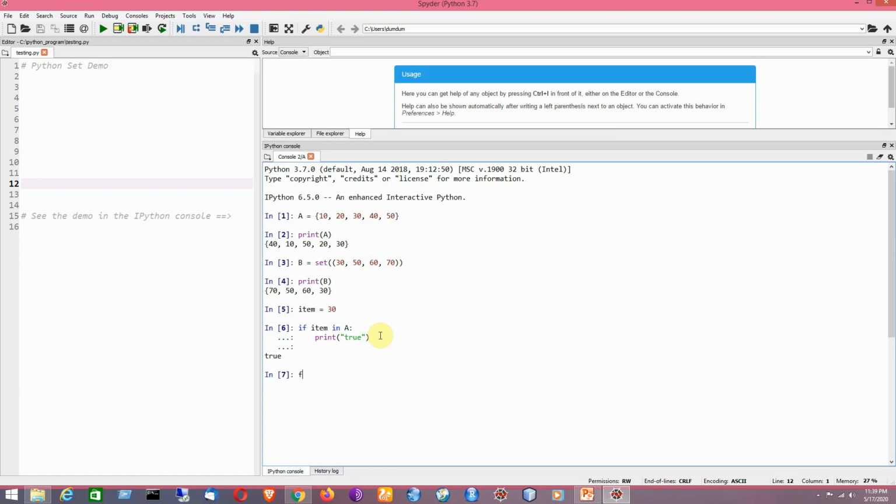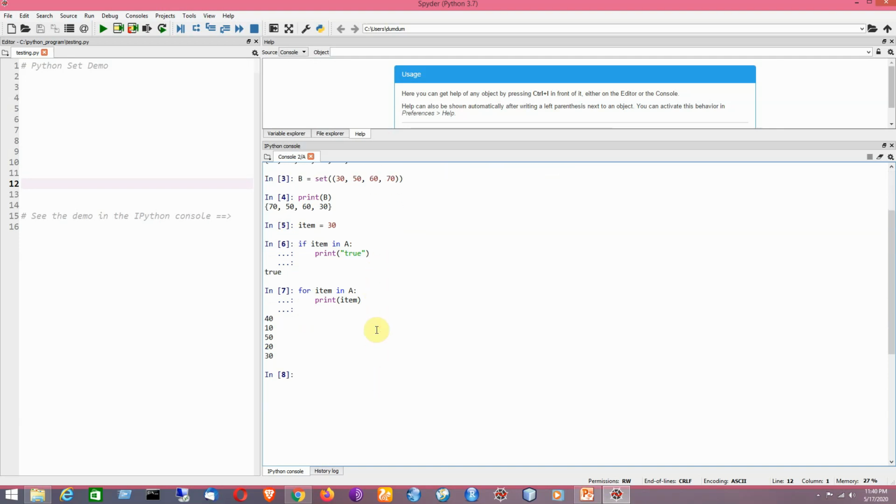Now I would like to access all the elements by using the for in loop. So I will be writing here a simple print function to print all the elements in it. So all the elements get printed. In that way we can access the elements of a set, but we cannot apply the concept of indexing here as they are unindexed data structures. The sets in Python are basically unindexed data structures.